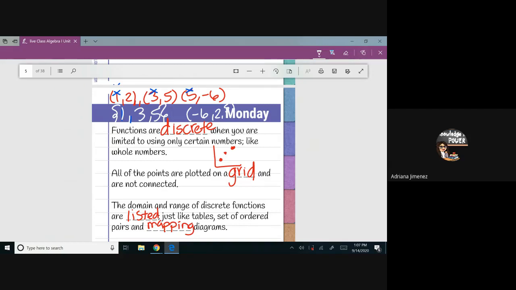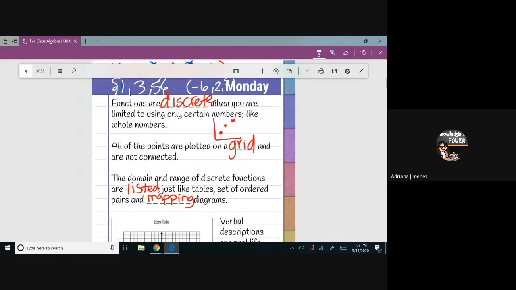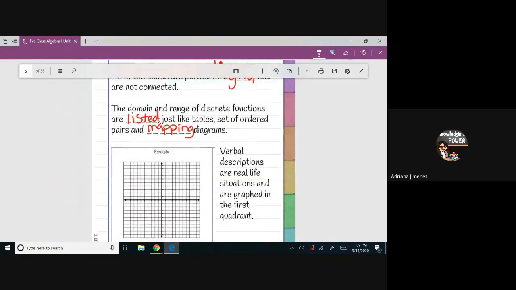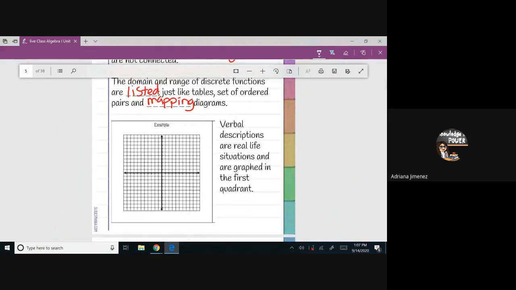All right. Okay. So that's discrete. All you're doing is listing the numbers in order, from least to greatest. Everybody seemed to get the question on the mapping diagram, so I don't want to go over that. The one that messed some people up was the set of ordered pairs. All you're doing is giving me the x value, and that's your domain, and the y value is your